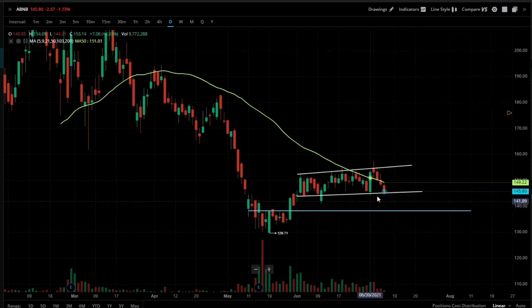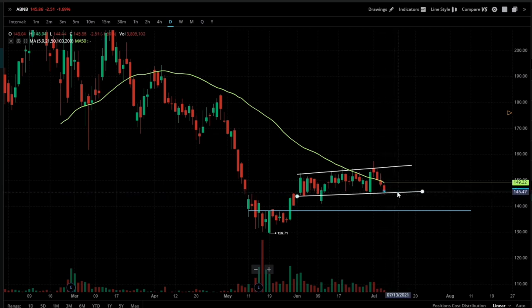So if we were to break to the downside, because it looks like we could, right now it's pointing towards the downside, just because we're at lower, we're right here, on the support line. Tomorrow, if I start seeing prices around 143, 142.99, that's where I would see pressure,